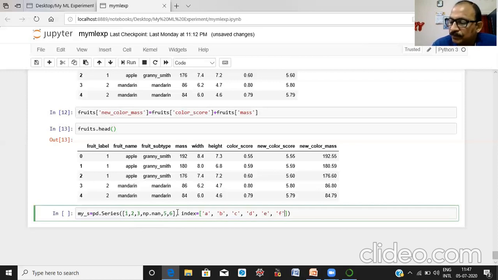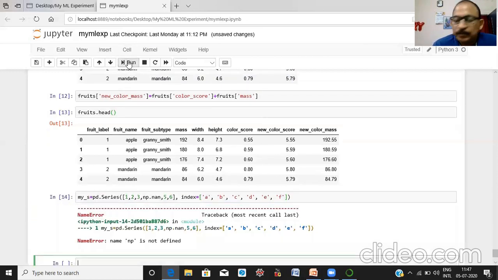This index is optional. Run it. NP is not defined.